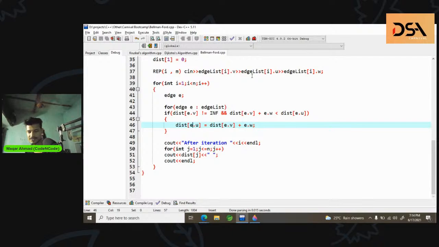How do you find out whether this contains any cycle or not? It's easy. Run this n number of times. If in the nth iteration you are able to minimize the distance of any single node, even a single node, that means it contains a negative weight cycle. Because if it was not containing a negative weight cycle,